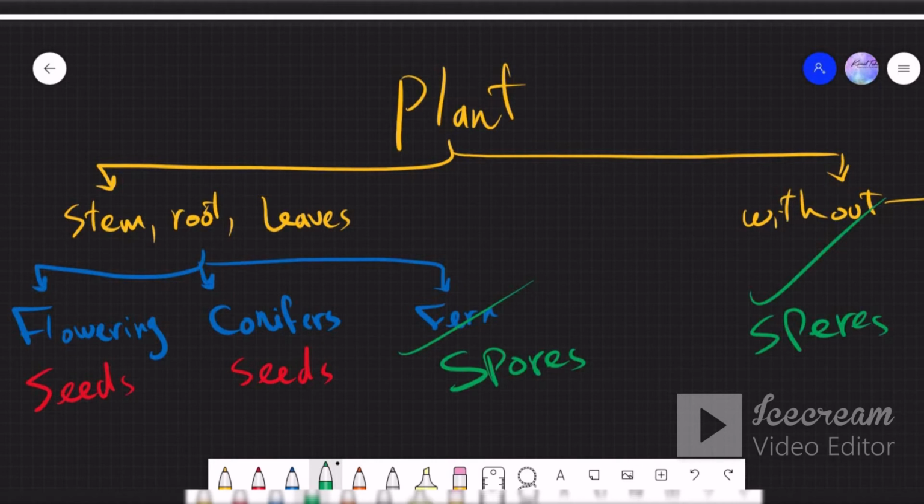In this session and the next session, inshallah, we will talk about the flowering and coniferous plants. Now let's start with the coniferous plant, but I will give you a little bit of information about the flowering plant at the beginning. All plants that make a flower should make fruit. That is the rule, guys, because of that we classify tomato and cucumber as fruit, from flowers, and they make seeds also, by the way. Now again, all plants that make a flower make fruit, and inside the fruit you can find the seeds.